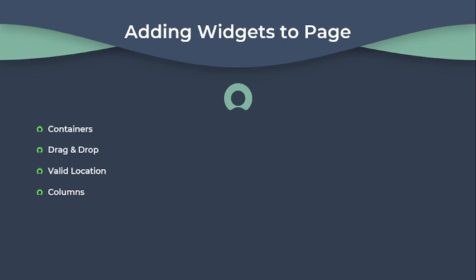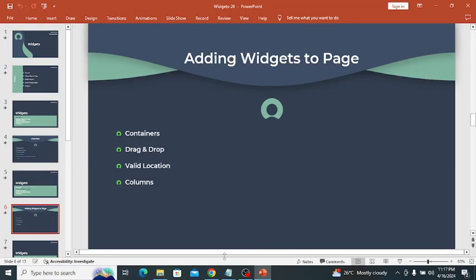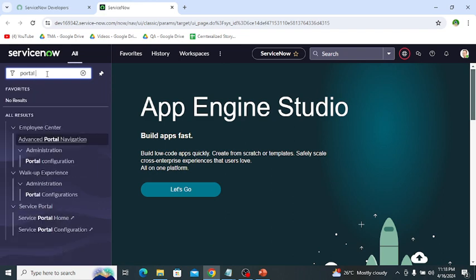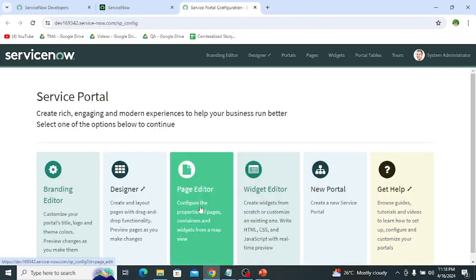Then adding widget to a page. So let's explore how we can add a widget to a page. For this, let me open my personal developer instance. For adding the widget to the page, we open the portal configuration under service portal. This is the portal configuration. Then in page designer,